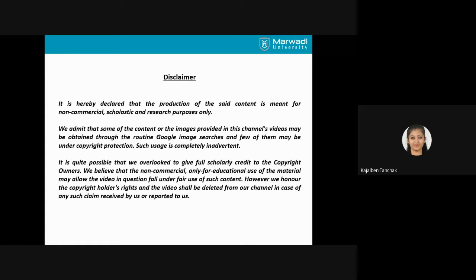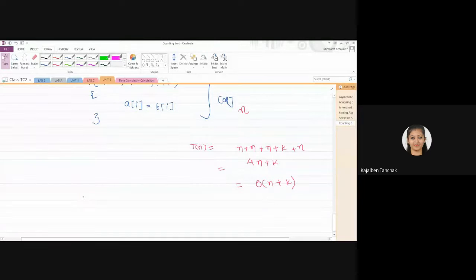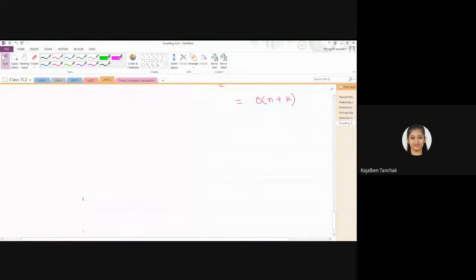In our last session, we completed the counting sort algorithm, right? So, let me give you one example to practice, and you have to solve it. Okay. So, let me share it, just a second. Here I will write down the algorithm example.